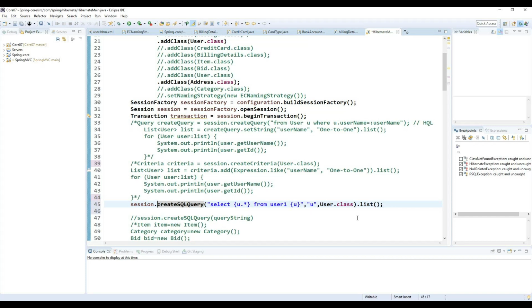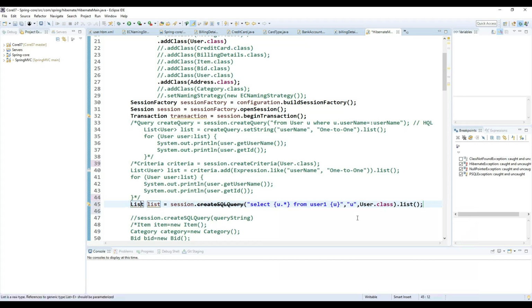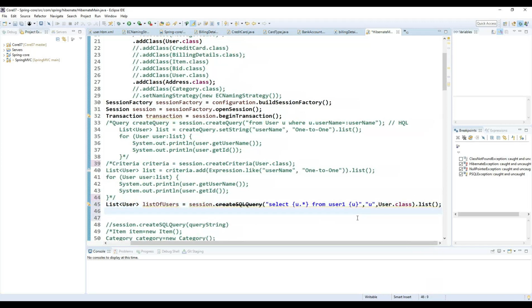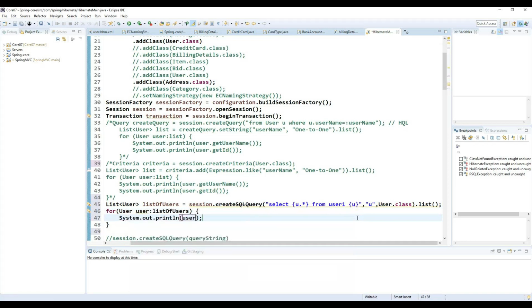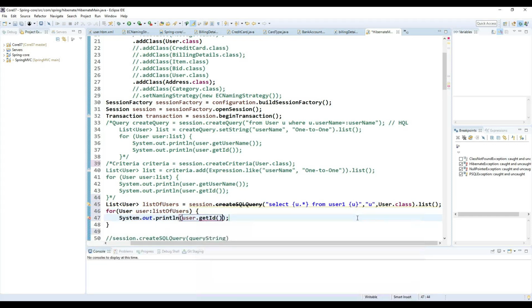It will return the return type of this, a list of users. Then user1 dot get ID